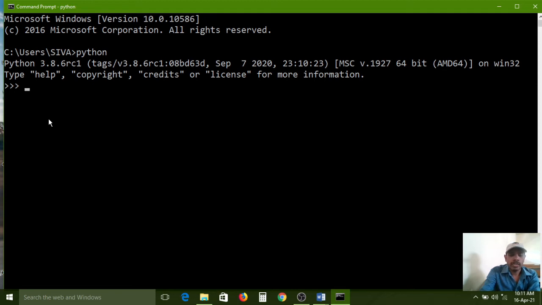Now I am creating the fruits list here. Fruits in between square brackets: apples, comma, bananas, comma, and next kiwis. Order is not required.